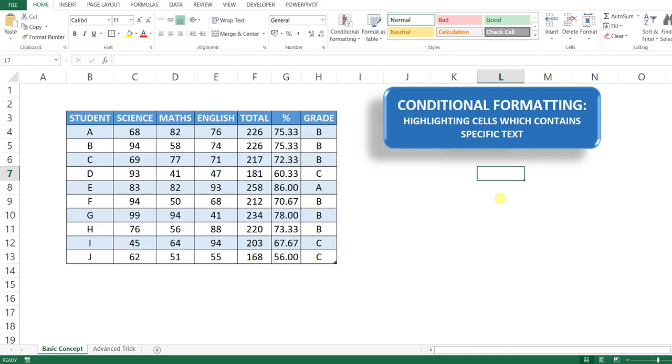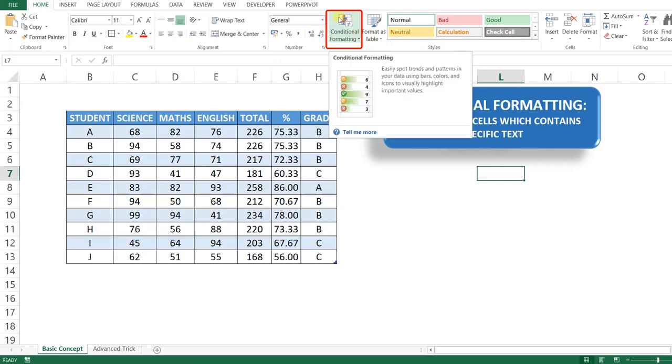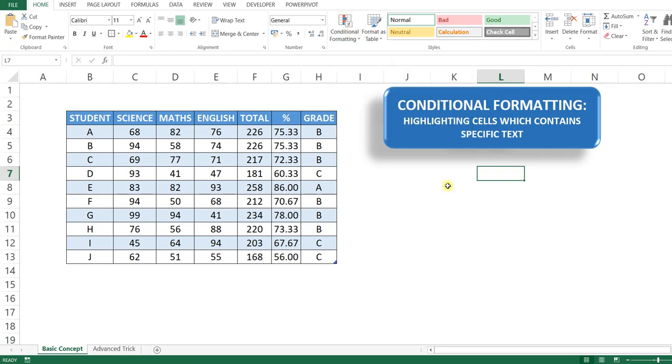Hello friends, in this video I am going to teach you how to highlight cells which contain specific text with the help of conditional formatting. First of all, we should know where we can find the command conditional formatting on our Excel screen. For this, we have to go to the Home tab and under Styles group, here we can find the option for conditional formatting. So with the help of this conditional formatting, we will see how we can highlight the cells